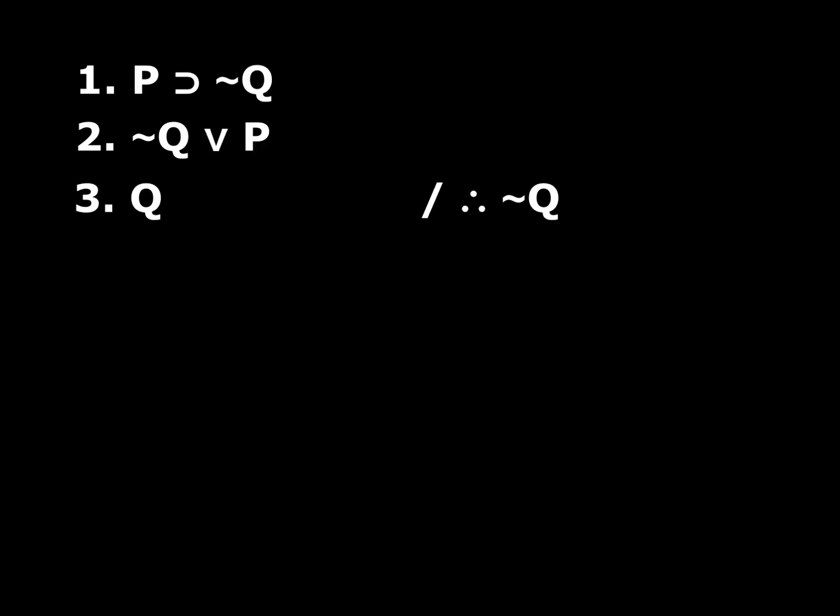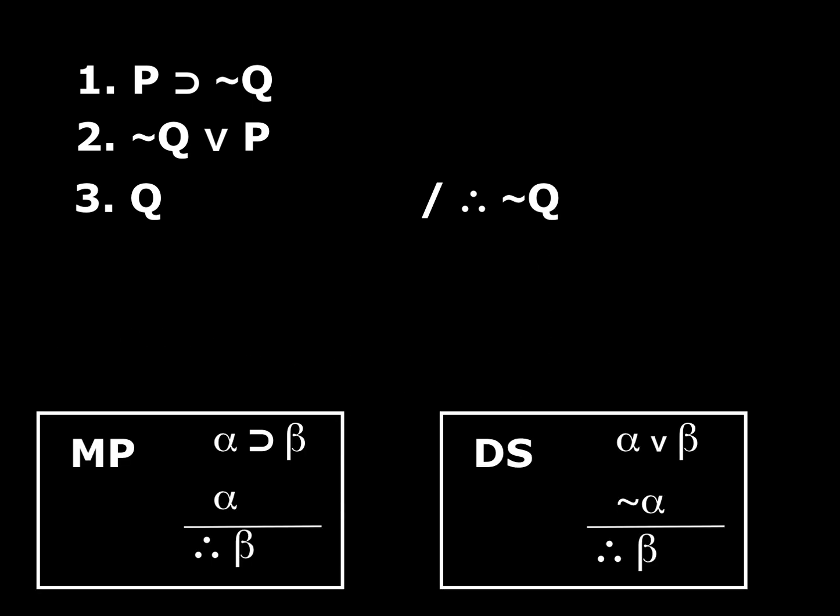Let's do another example. This argument has 3 premises. The conclusion is not Q. I'm going to put our 2 rules up here again. One thing I want to mention now is that